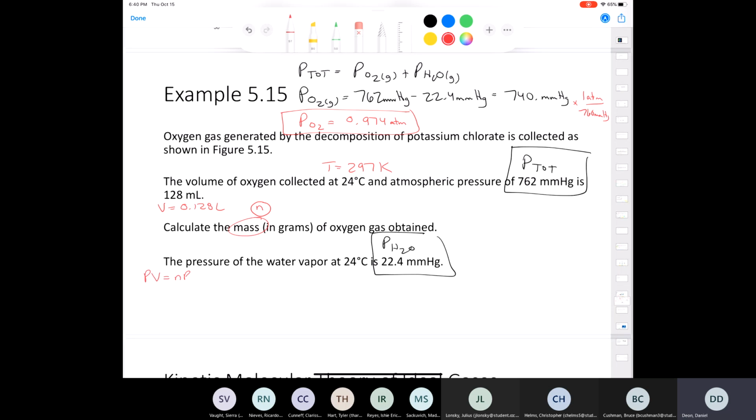Let's use the ideal gas law. PV is equal to nRT, and let's solve for n. n is equal to PV over RT. We plug in our pressure, 0.974, sorry, atmospheres, multiplied by our volume, which is 0.128 liters, divided by our gas constant, 0.0826 liters atmospheres per mole Kelvin, our temperature, 297 Kelvin. And when you punch all this in, you get the number of moles of oxygen, which is equal to